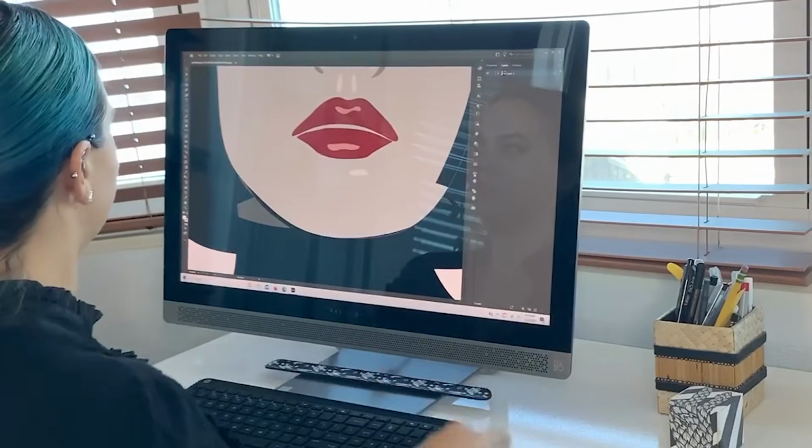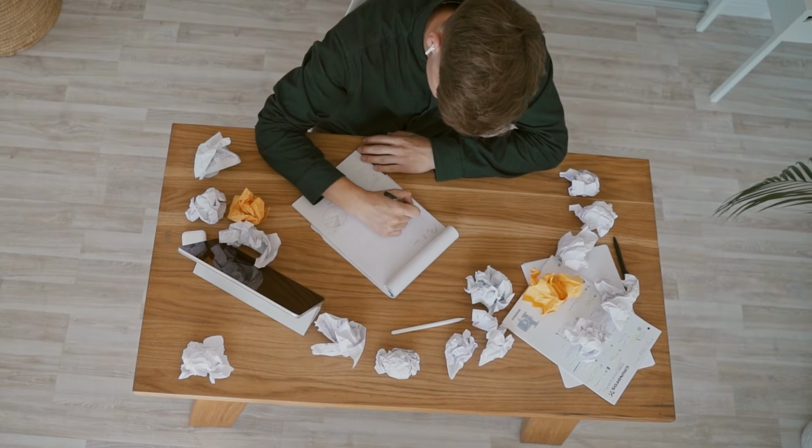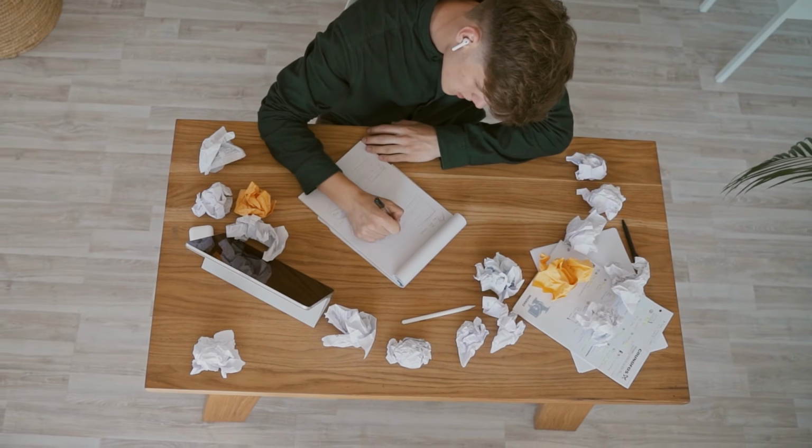And while that's great for getting work done, I started feeling a little disconnected from the fundamentals of drawing and